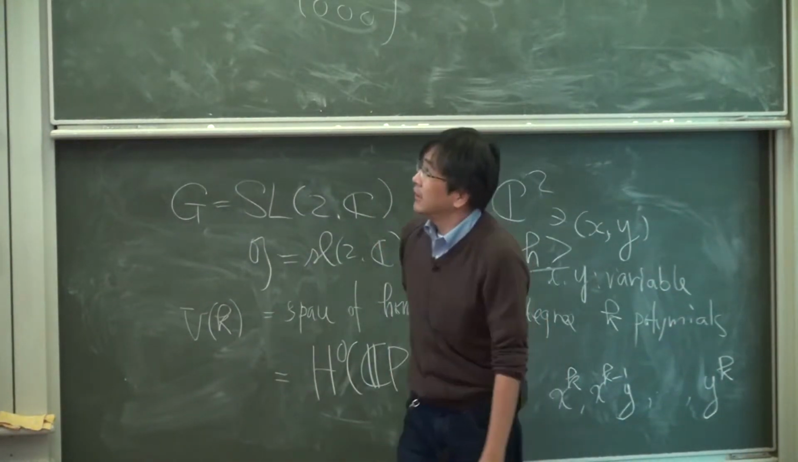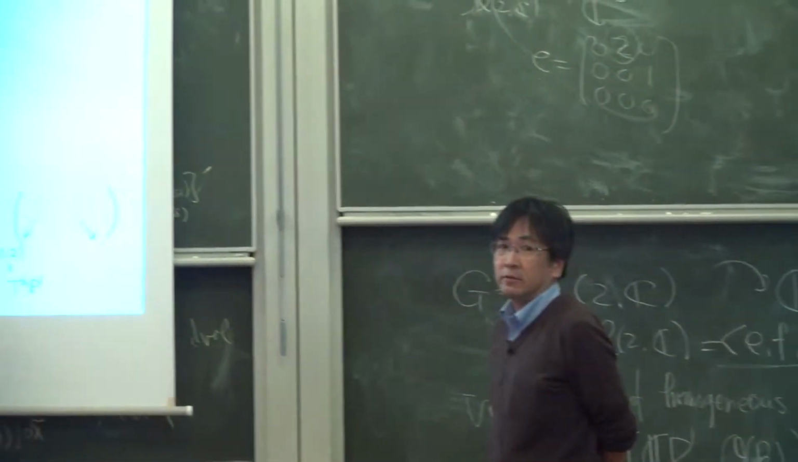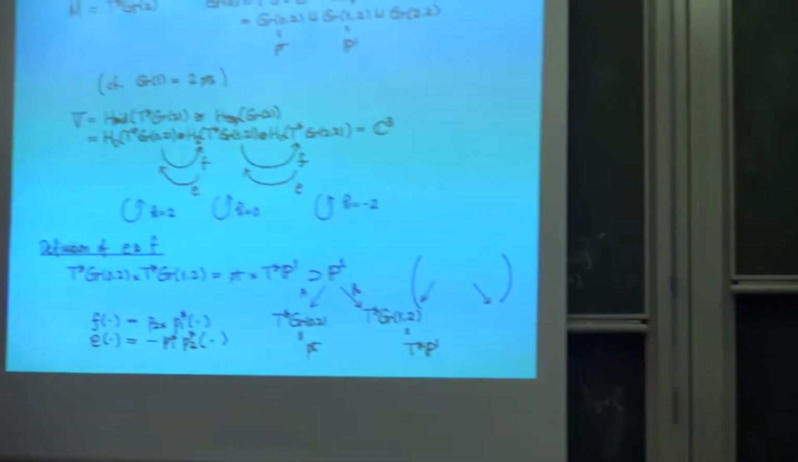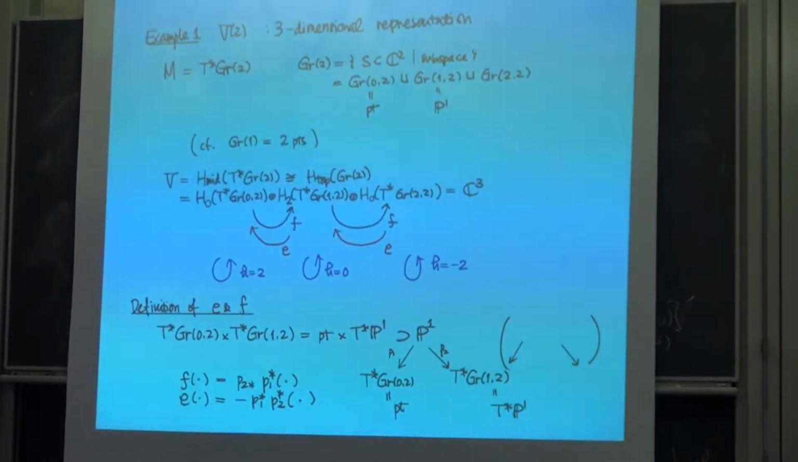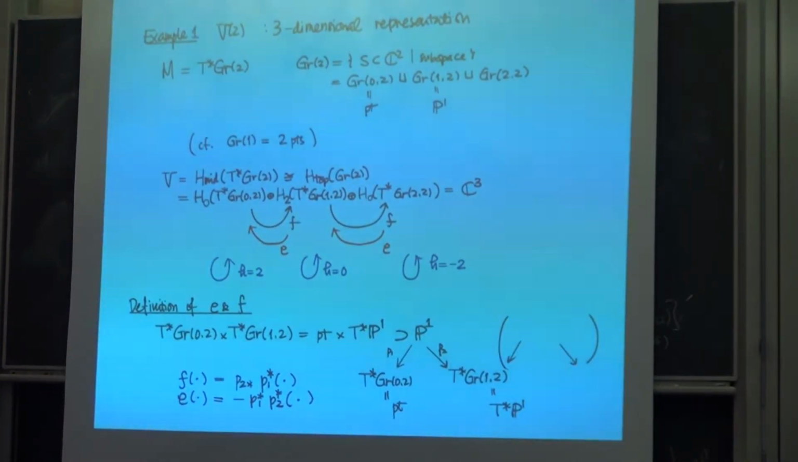So I consider Gr2, this is a Grassmannian of subspaces in two-dimensional space. Usually to consider a Grassmannian, you fix the dimension of the subspace and consider it as a manifold. But as in here,